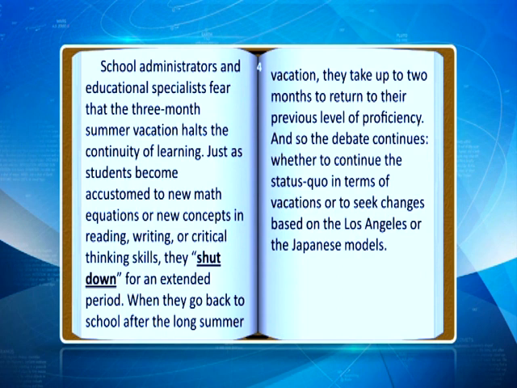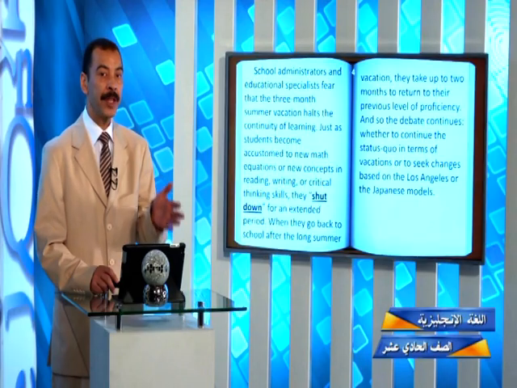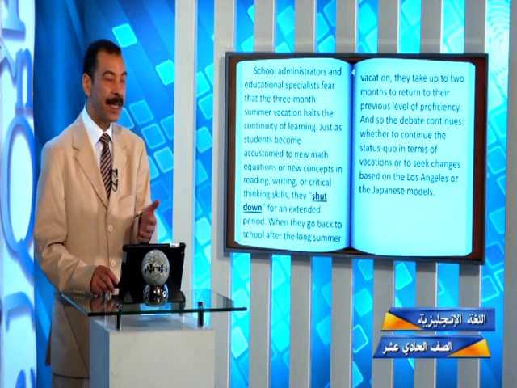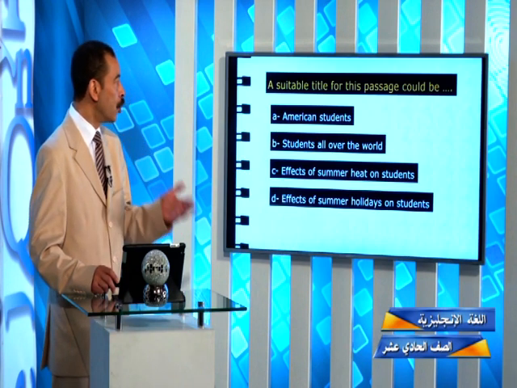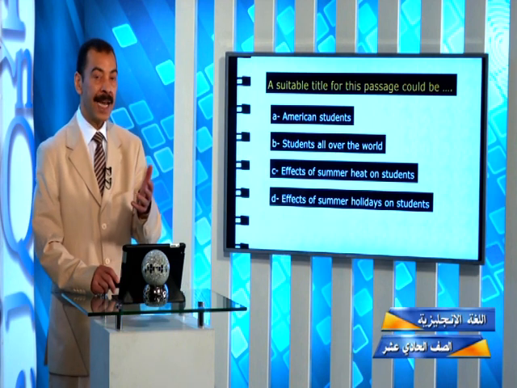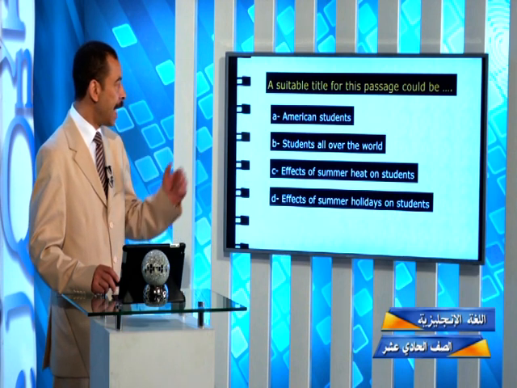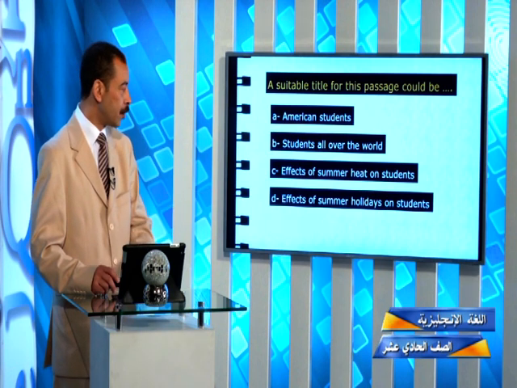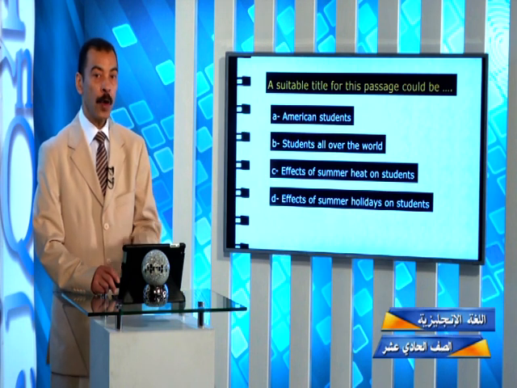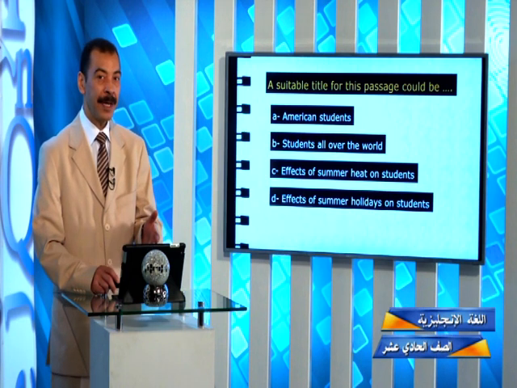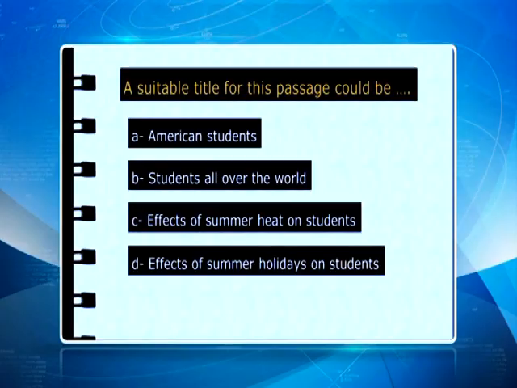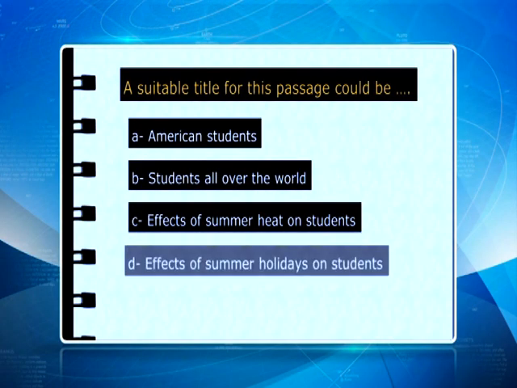So we have a text which consists of 4 paragraphs and we have questions. Remember that all your questions are based on the text and of course on your understanding. So question number 1, normally we ask you about a title or a main idea of the text. So a suitable title for this passage could be American students, students all over the world, effects of summer heat on students, or effects of summer holidays on students. The text talks about students, talks about summer, so the last one is the right answer, effects of summer holidays